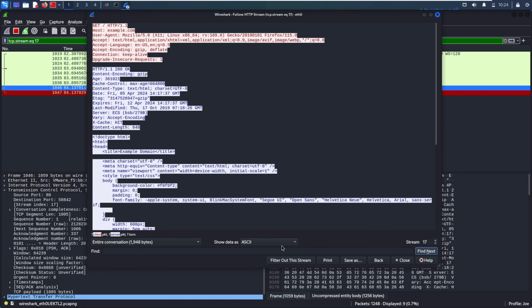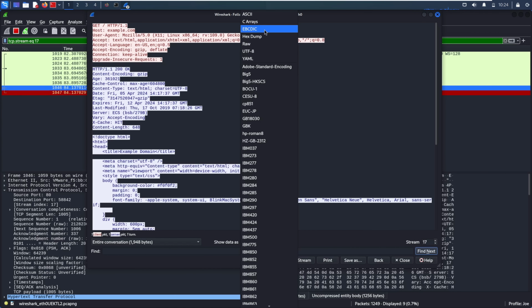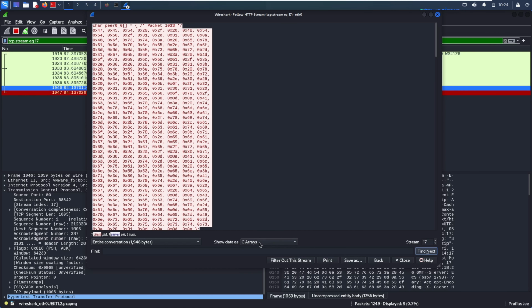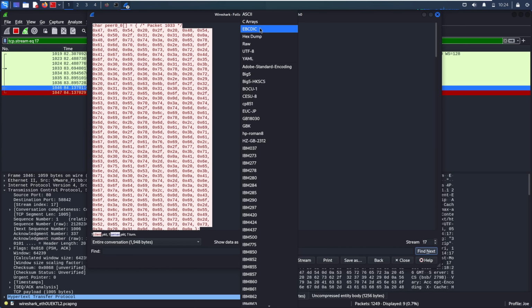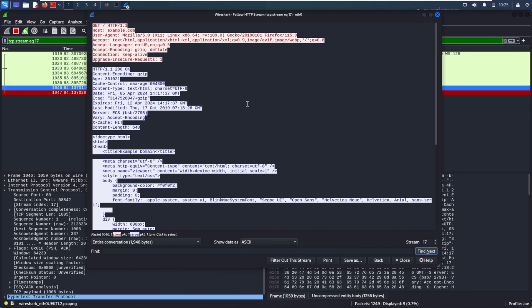In the dialog box, you can choose to view either side of the communication or the entire communication between the client and server simultaneously. Moreover, at the bottom of the dialog, there's a drop-down menu where you can select different formats such as ASCII, EBCDIC, hexdump, and C arrays. This allows you to view the data in various formats instead of just the raw data, making analysis more comprehensive